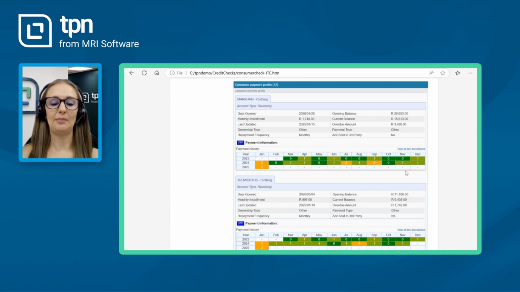It will also contain payment behavior, whereby TransUnion updates their payment flags with a number. The number will simply indicate the number of months which the account is in arrears for or not in arrears for. You may also access these key code descriptions by clicking on this link, View All Key Code Descriptions.